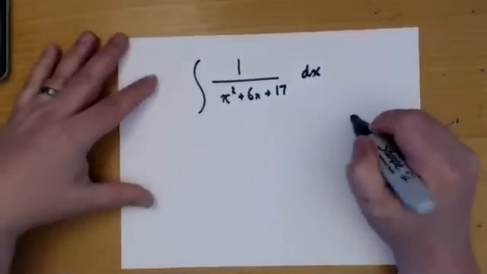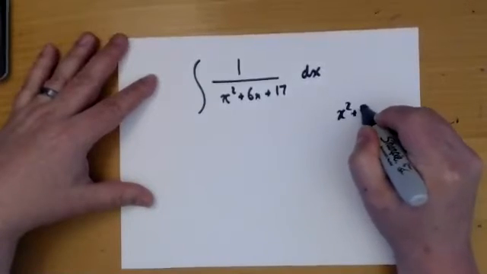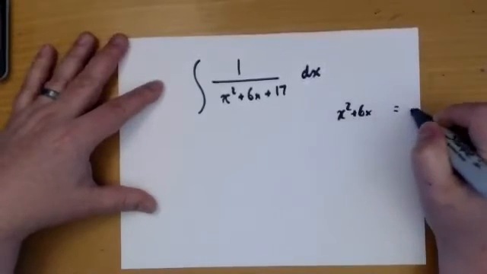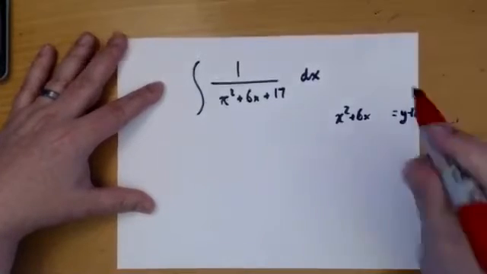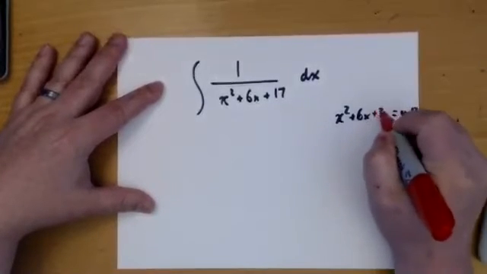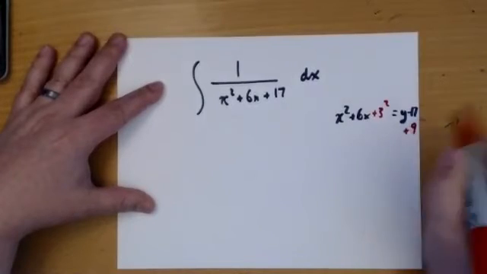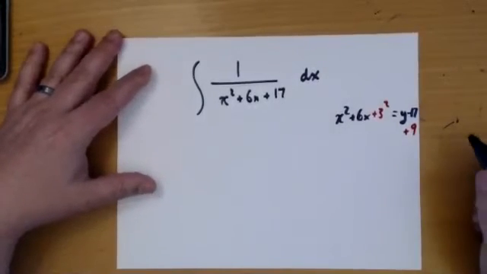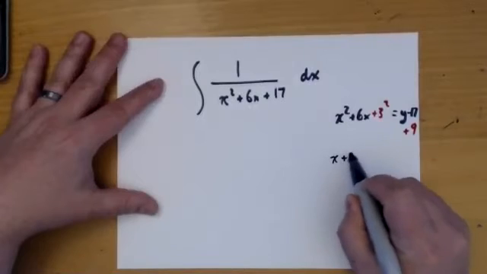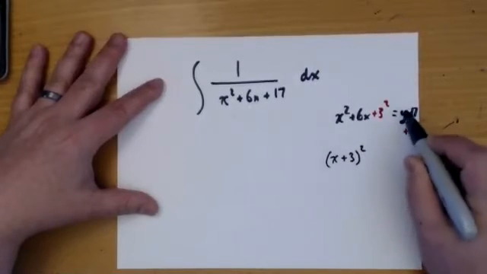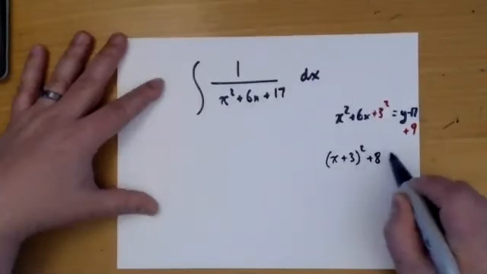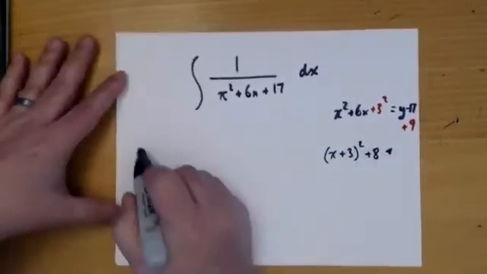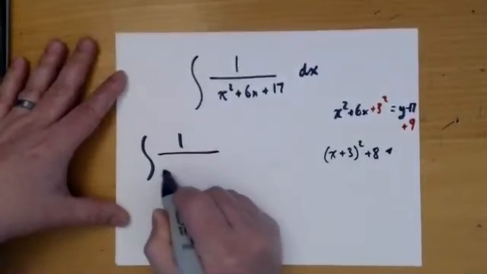So if I complete the square, and now I'm going to add 3 squared to both sides. Now I get x plus 3 squared, and this is -8, so it comes on over as +8. And that's what this is equal to. So now if I look at it now,